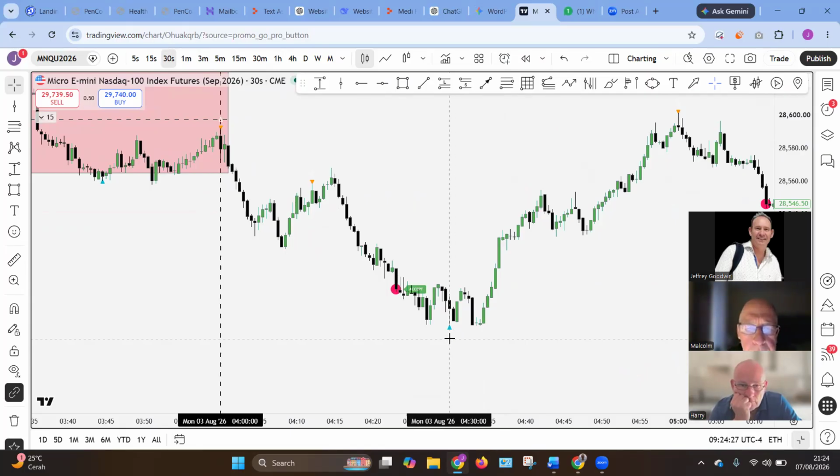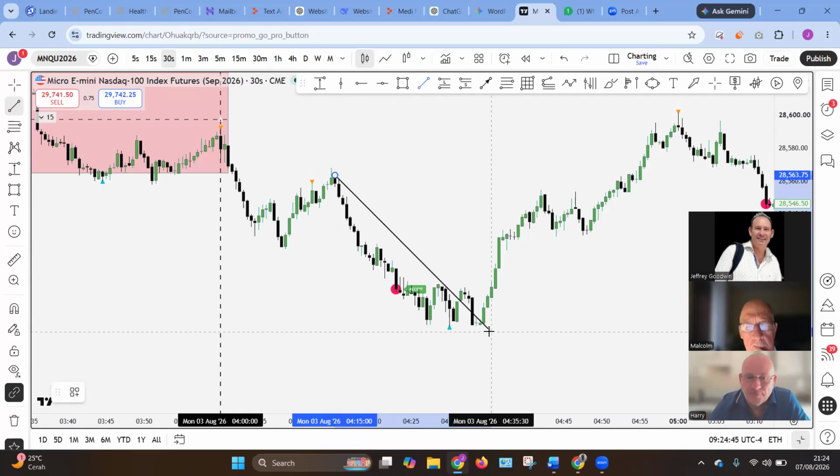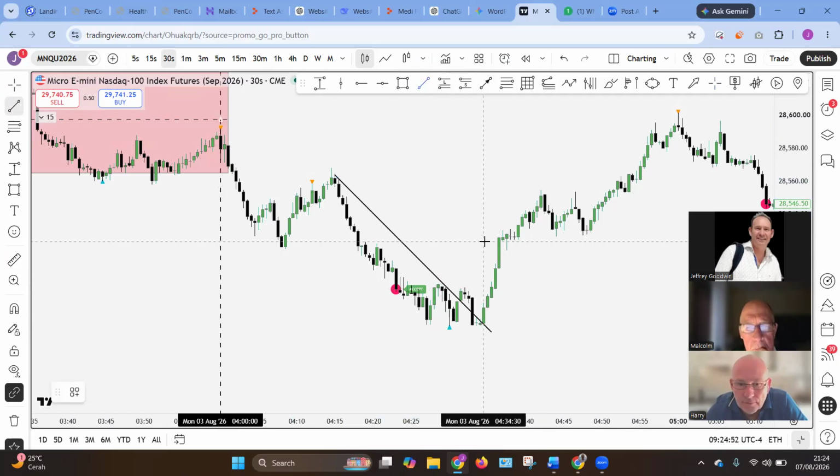Now, I've been looking at this to try and make these a bit more secure. And I did a trade last night with this. What I do is I get a trend line from where it came from through there. Through there. Yeah. Then find the high. There. That's more of a secure trade for you.